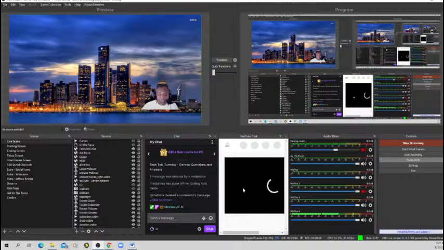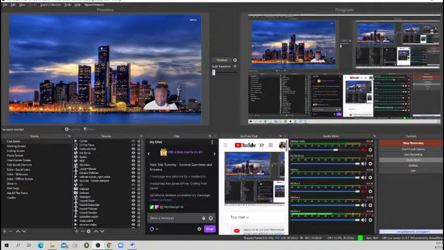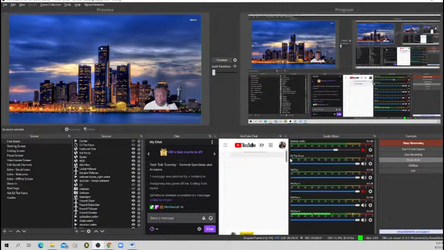And once you go through your two-step authorization, is it actually going to put the entire chat on the screen? Look at that. Not what I was looking for, huh? But if you scroll down here, here's your chat. So if I'm offline, or if another person from YouTube actually makes a comment,